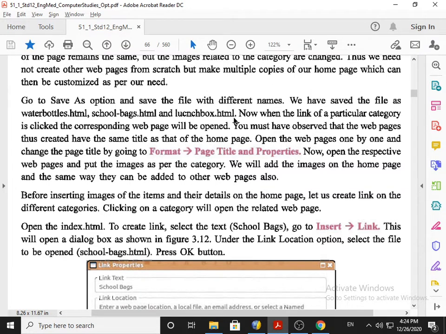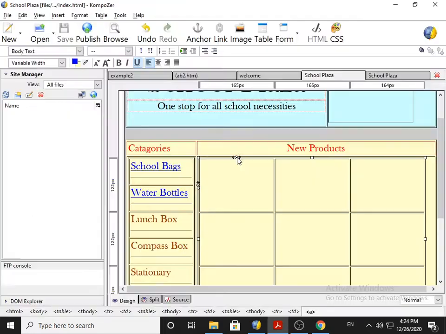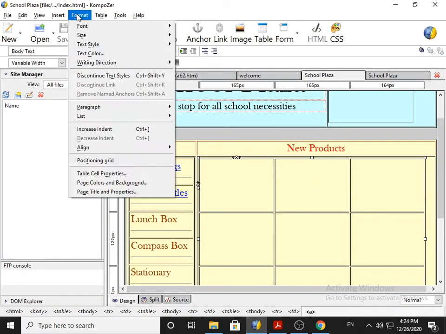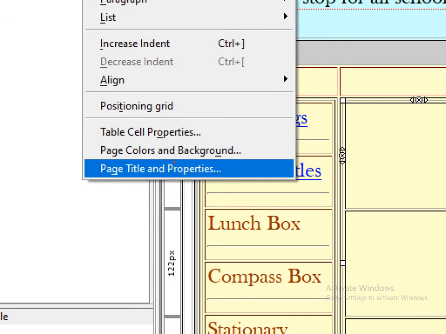You must observe that the web pages thus created have the same title as the home page. So we need to open the web pages one by one and change the page title by Format, Page Title and Properties. So we go for Format, and at last we have the command Page Title and Properties.